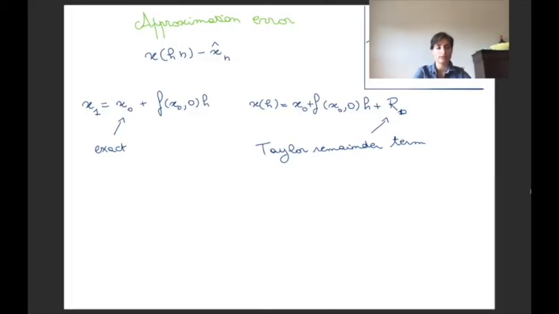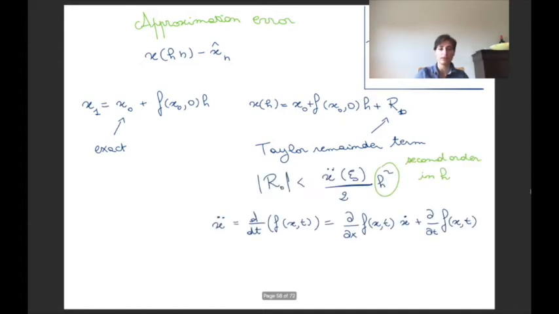So let's look at the difference between the first step taken by our Euler method and the first step taken exactly. The difference between these two terms is the Taylor remainder term. The Taylor remainder term is bounded by the second derivative of x computed at some value xi, divided by 2, multiplied by h^2,